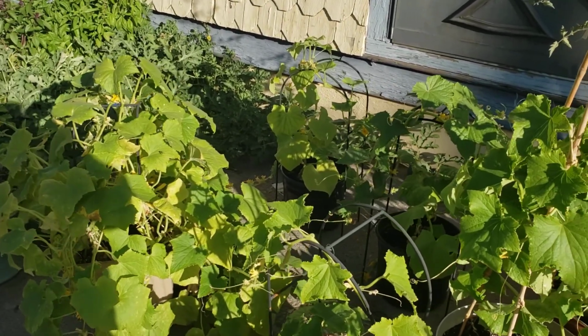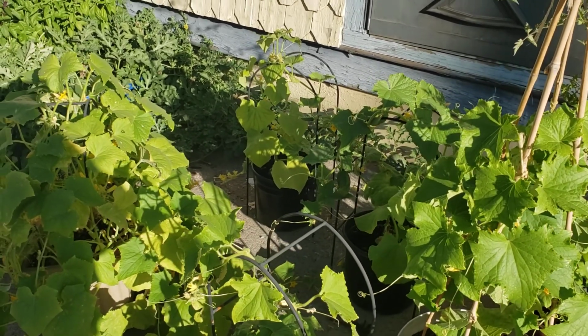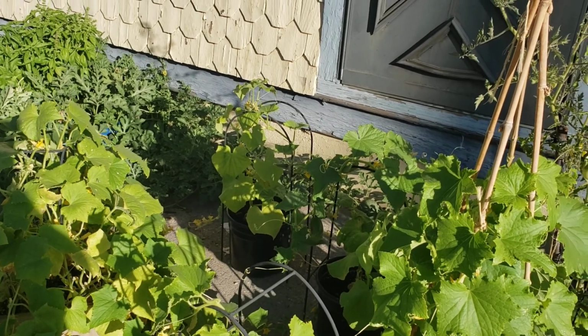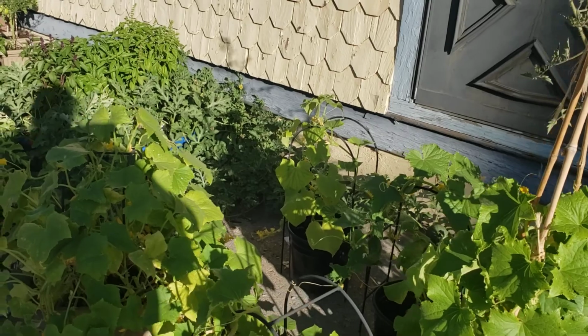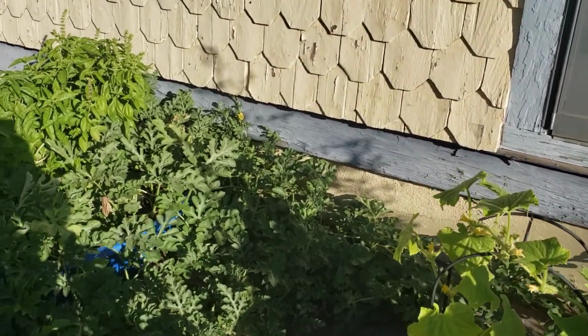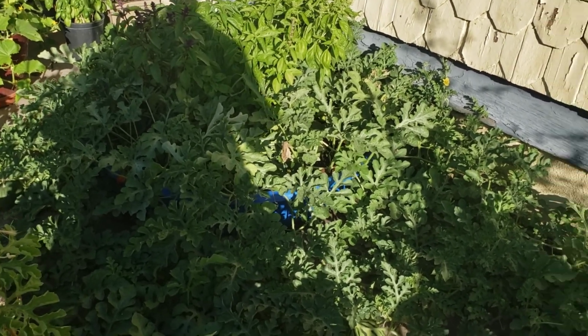We've had so many cucumbers already. I need to get pickling, because I have so many in my fridge that I need to pickle. And then someone brought us another bag of cucumbers to pickle, so I've just got cucumbers like crazy, pickling cucumbers like crazy. But like I said, there are the watermelon vines, at least some of them,